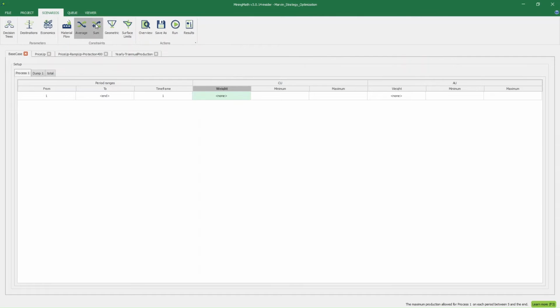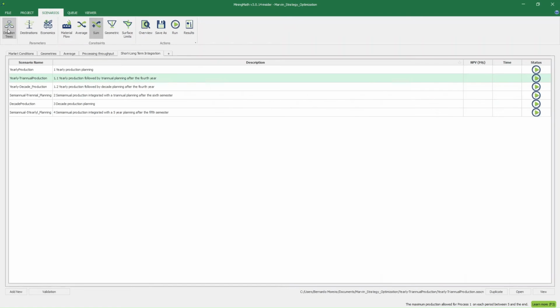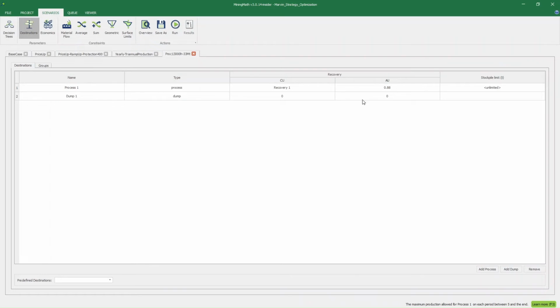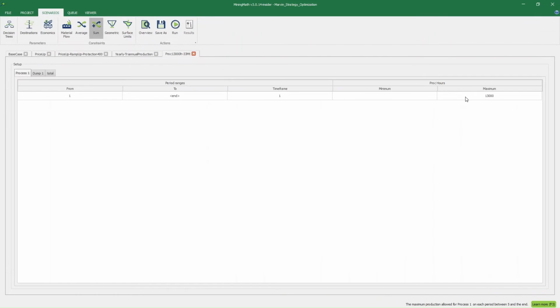Then we have the sum part here, where it is possible to control the sum, minimum, and maximum value of your variables that can be controlled through this factor. Here, just as an example, we have this scenario where we have a variable of processing hours, and we define that the maximum here should be 13,000. So, it is possible to control the sum of these hours through MiningMath, and this can be used for several